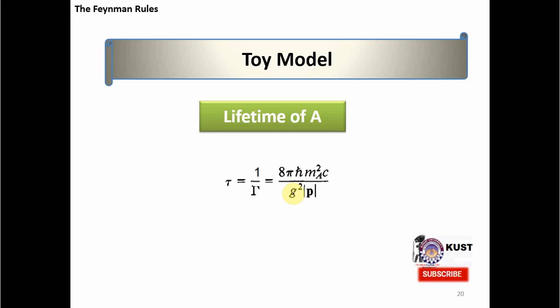And then we have given you the example, the toy model, where only particles A, B, C were involved. We have also talked about the higher order diagrams, first order diagrams with loops, but we have not developed them in detail, because we will do it in our next lecture. We will develop these higher order diagrams in detail. And then at the end we calculated the lifetime of particle A, because it was the heaviest particle which decayed into other particles, and this lifetime was calculated with the help of Feynman rules.